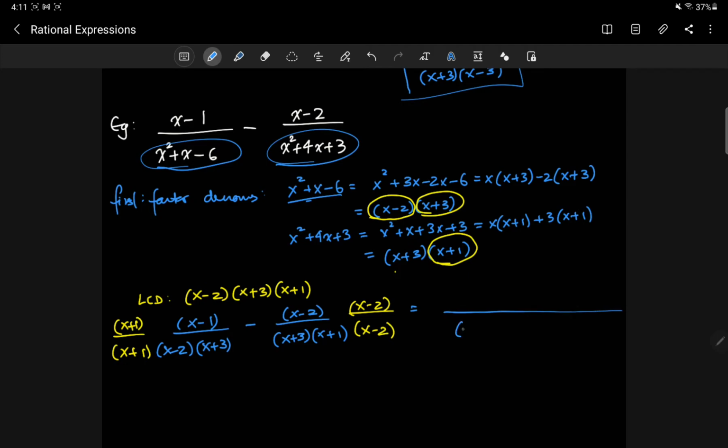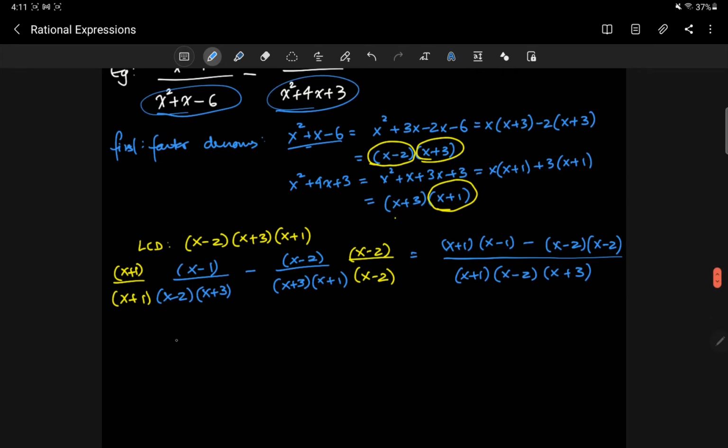So my denominator is x plus 1, x minus 2, x plus 3. And over here, what do I have? X plus 1 times x minus 1. Okay, we'll do that in a separate step. Minus x minus 2 times x minus 2. From there, that is x squared minus 1, difference of square, minus x squared plus 4x